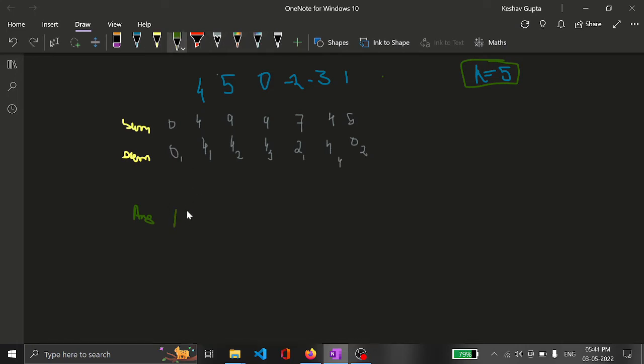Right, 1 plus. Now you can see that here 4 appears, and 4 is also appearing here. And I have told you that if this part has the remainder 4 and this whole part has the remainder 4, then the part in between is divisible by k. So we will include the previous frequency of 4, which is 1. Now again we see that 4 has appeared, and if this part has remainder 4 and this part also has remainder 4, then this subarray is divisible by k, and we will include the frequency of the previous 4, which is 2.